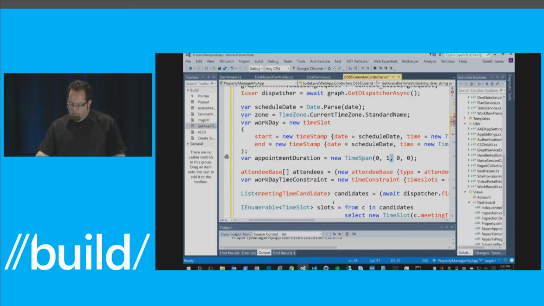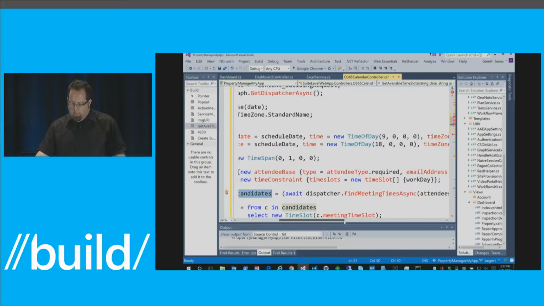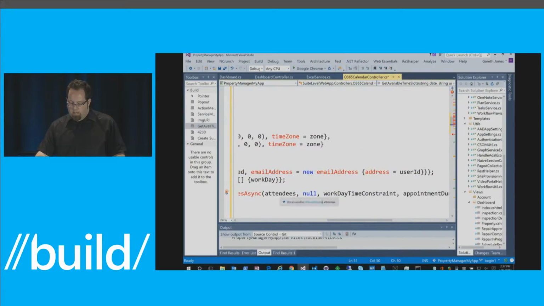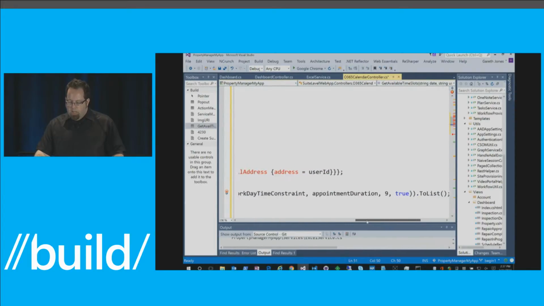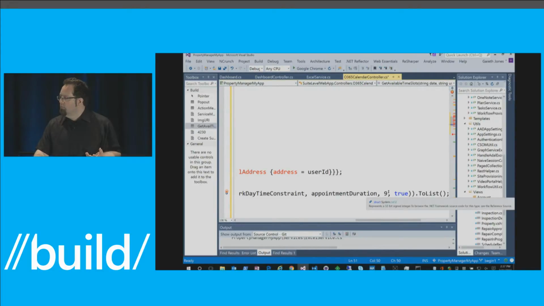And then I'm calling my find meeting time API here. So I'm passing in my attendees, my time constraint. This is where, if I had a place constraint to set a set of places that the meeting could take place, I'd pass it in. In this case, I know that I'm going to force the repair person to drive to that house, no matter, as long as they have a free time, so it wouldn't make much sense to set a place constraint. I'm setting my appointment duration of 1 hour. I'm saying that there are 9 possible slots in the day, so there's no point asking for more than 9